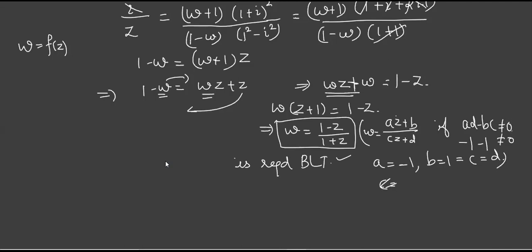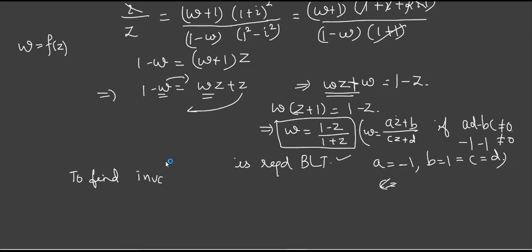What simplification we do depends on the problem. Try not to make it very complex. Complex in the sense that if you simply go on multiplying and then want to cancel, it is really going to trouble you. They have asked for the invariant points. Anybody remembers how to find invariant points?